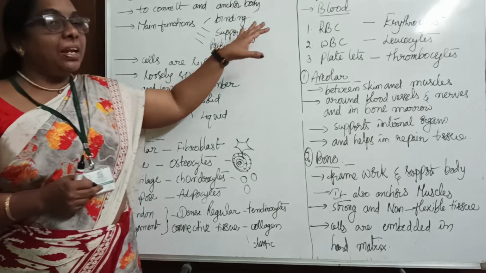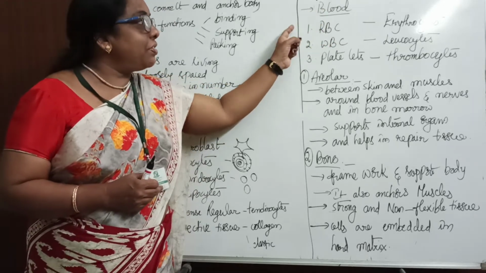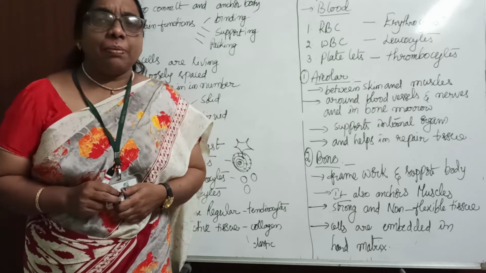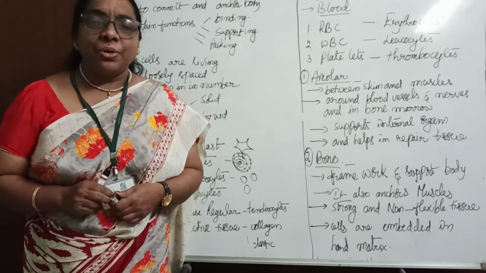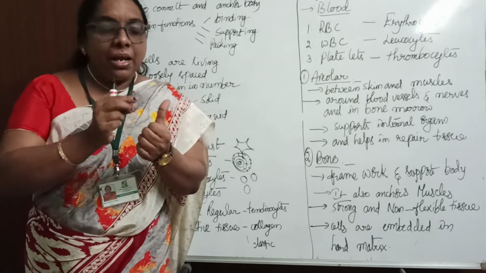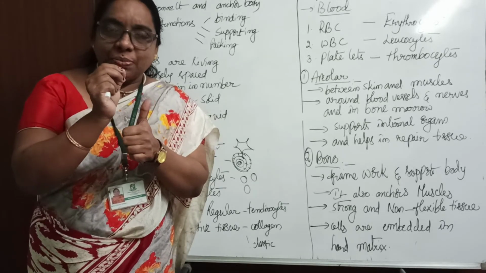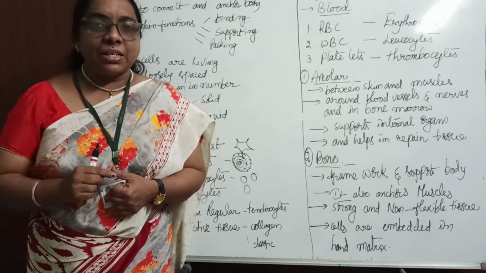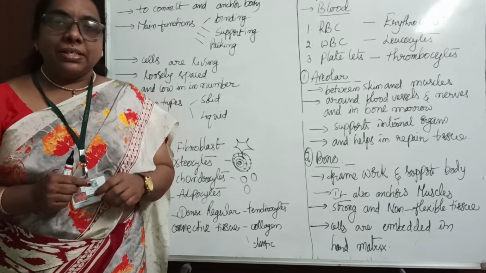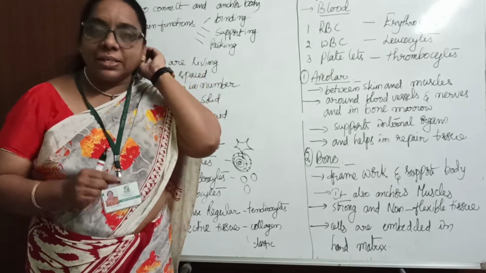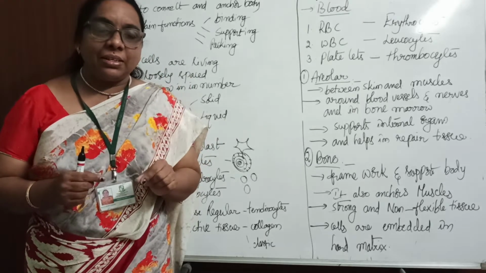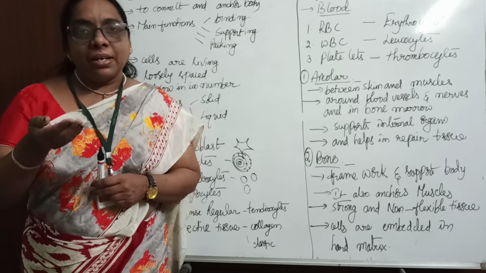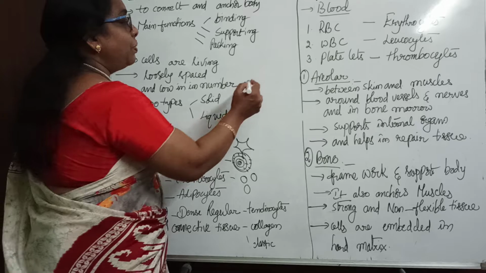The next one is about liquid connective tissue. Under liquid connective tissue, we have to study about blood. You know that blood is a fluid connective tissue. You can take a pin and prick your thumb, and we get a droplet of blood. Place it on the slide, wait some time, and it will clot. Otherwise, we can also take a test tube and collect the blood and just leave it like that, and then the liquid, yellow-colored layer will float on top in the test tube.